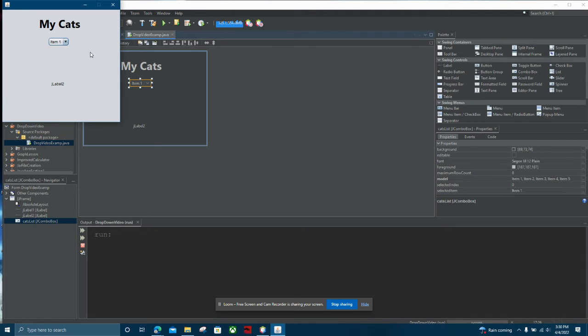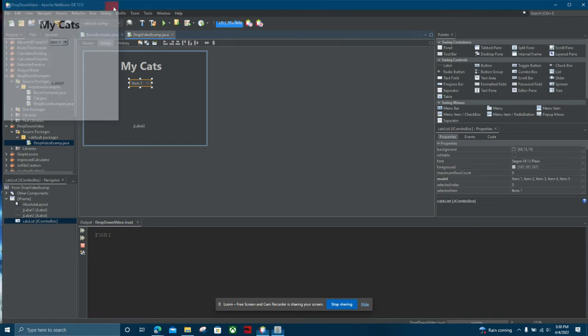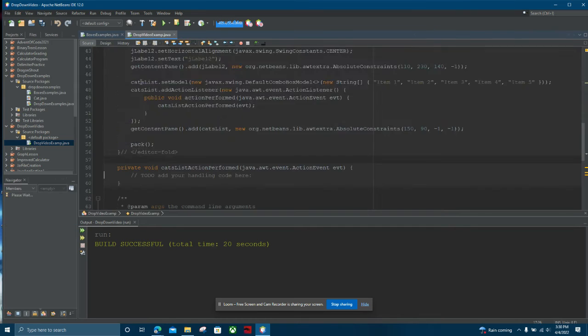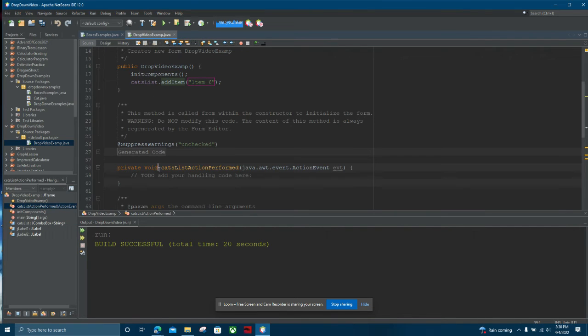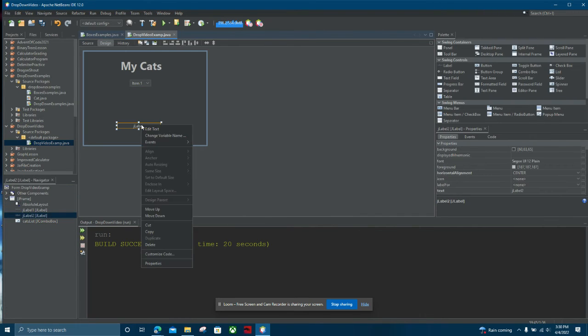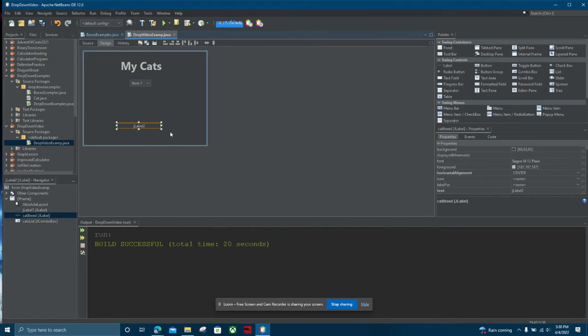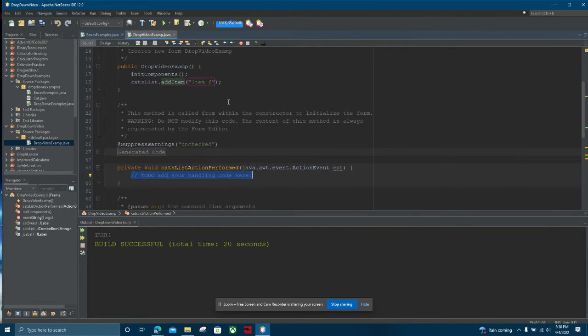So now what we want to do is whatever item we select in here, we want to populate in here with this label right here. So in order to do that, we're going to go ahead, and if you double click on this, it creates an action performed item. And then we need to change the variable name to this, because again, if you're going to use it, you should always change the variable names, and we'll call it, and I'm naming some of these things for the next video, so if it's not quite sitting, that's why. All right, so now what we want to do is every time we select one, we want to go